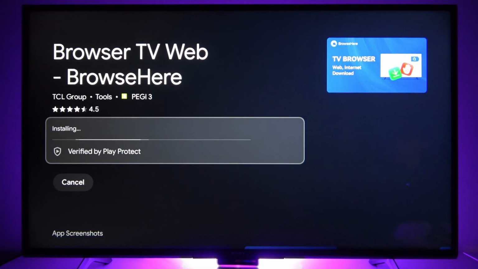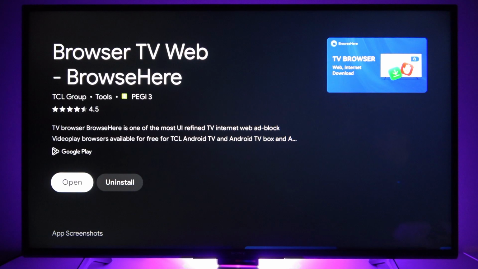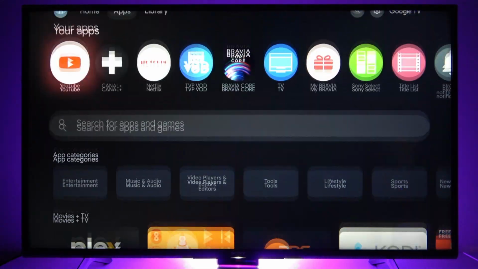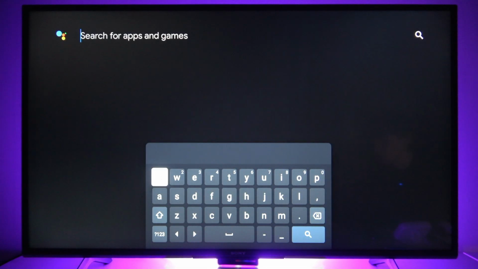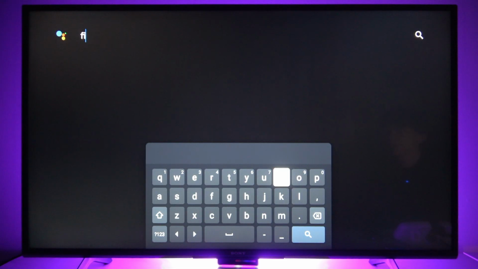and after it's installed, we're also gonna have to give it permission to download from unknown sources, but let's do it a bit later. Right now we're also gonna need some file manager, and you can either use File Manager Plus for more user-friendly interface, or you can download X-Plor for more customization. I'm gonna use the File Manager Plus. It's one of the most popular options